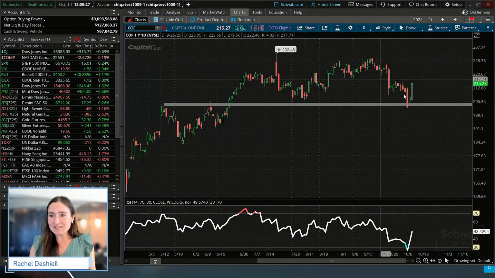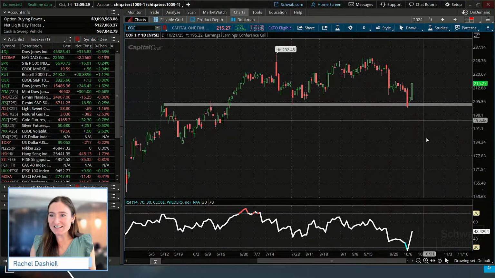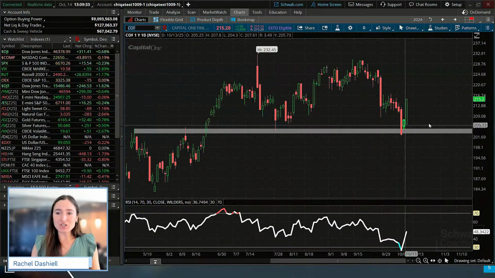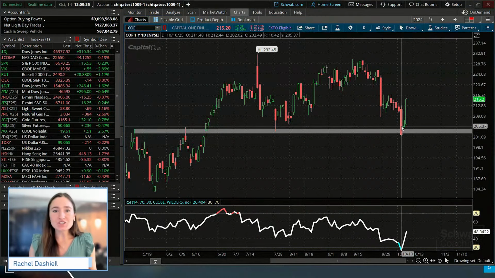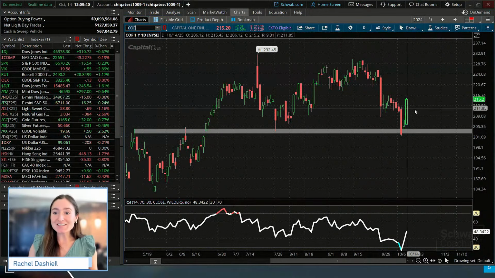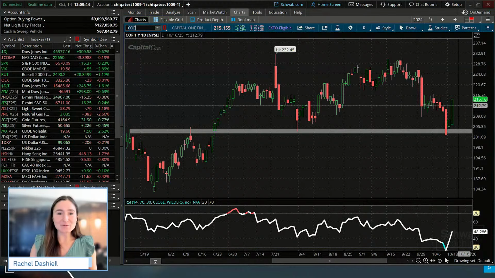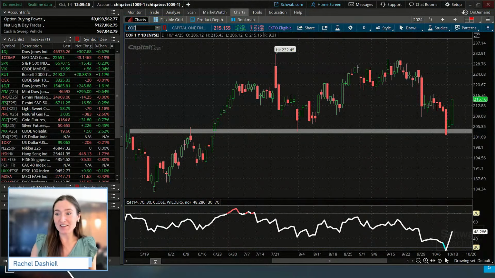We went back for a retest, just retested again, and even had a little bit of an inside bar day, which is showing that pause, a potential reversal. And in this case, it looks like it was quite a bit of a reversal or a support bounce because we're seeing a hold pattern taking place.